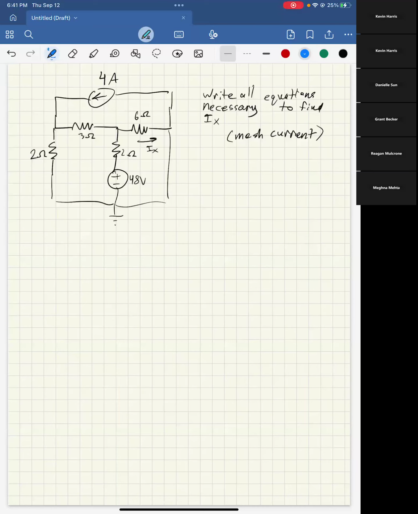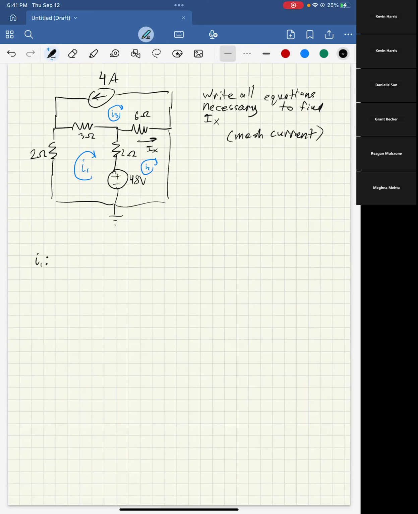So as with any mesh current problem, you start by defining what currents you're looking at. So here, I1, I2, and I3. It doesn't really matter what order you name them in. It's all going to be the same thing in the end. So then just getting started with the equations. So for the I1,